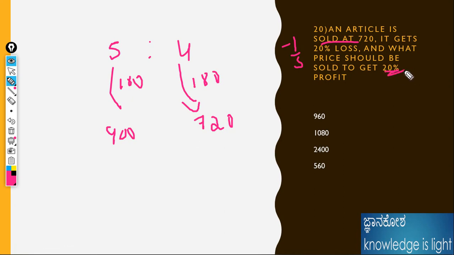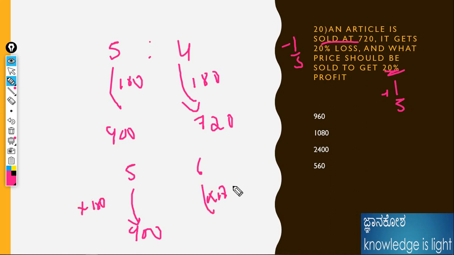And 20% profit means 1 by 5, plus, so initially 5 and 6. What is the question? What is the profit? Here 900 is already given, therefore 180 into 6, that is 1080, that is the answer for this question. If a problem comes like that, it is better to use the table method, the increase or decrease, and definitely you will get the answer. If you solve more problems, you will definitely get a rough idea of any difficult problem, I'm telling you.